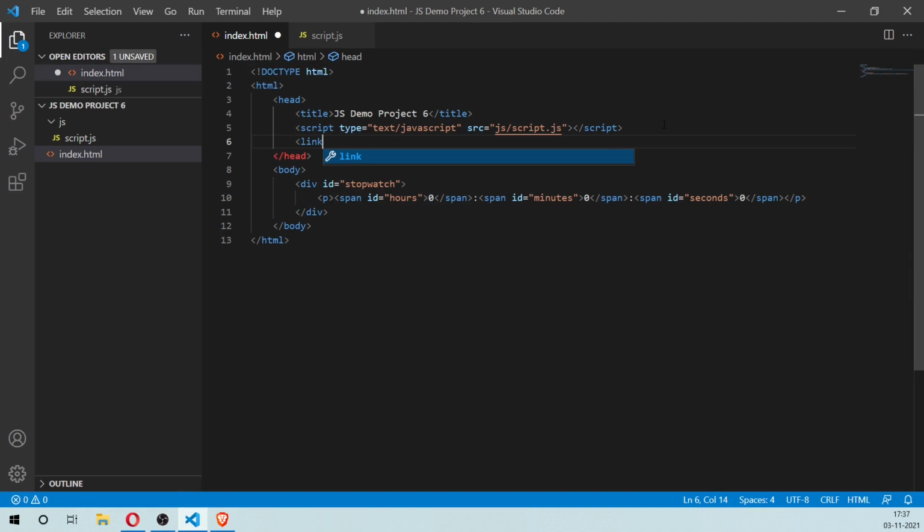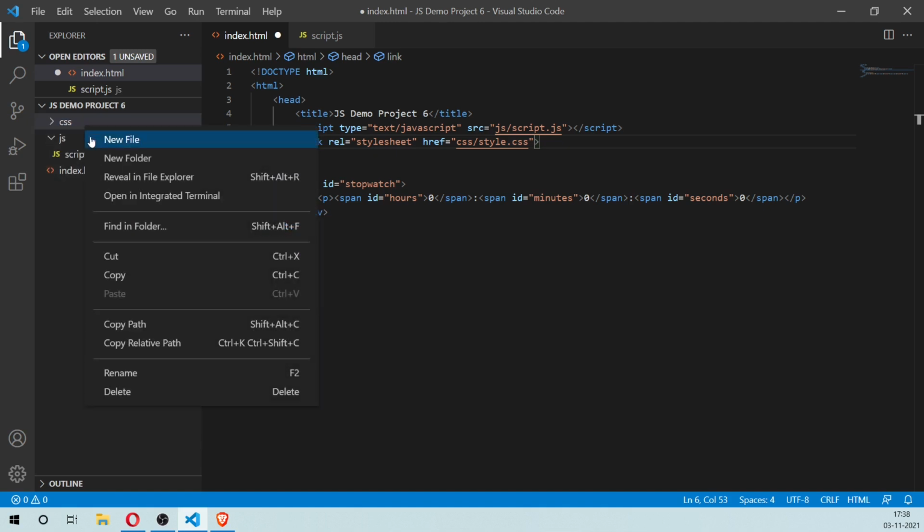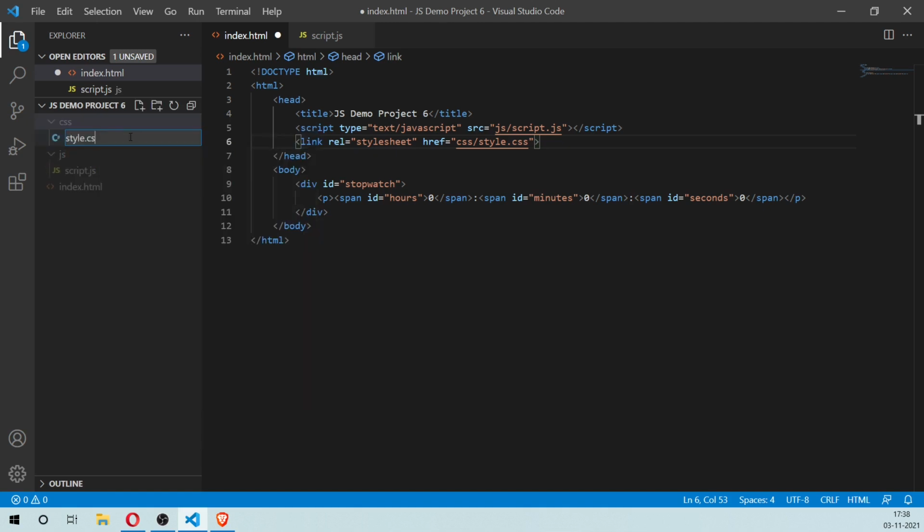Now let's also add a link tag for the CSS. Rel equals stylesheet, href equals css/style.css, and I'm going to add a new folder here for CSS, style.css.